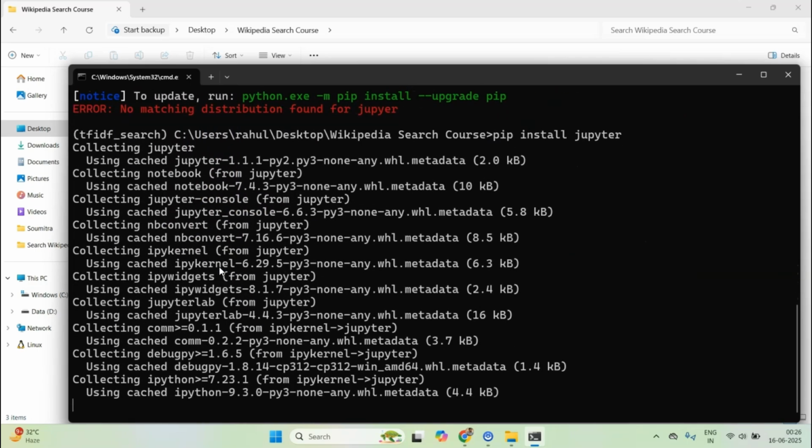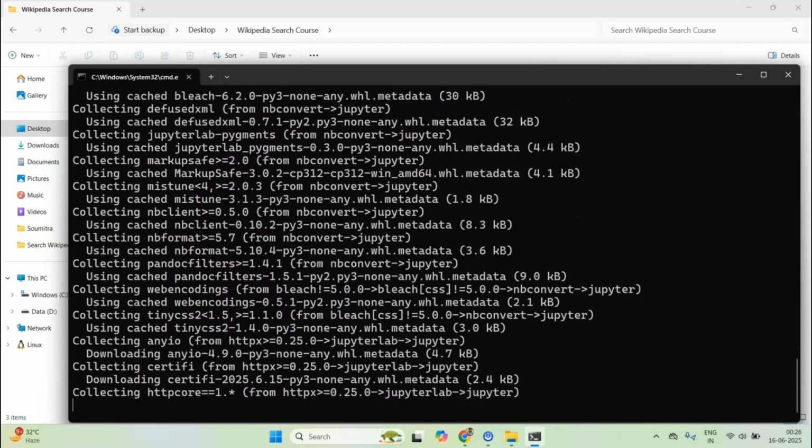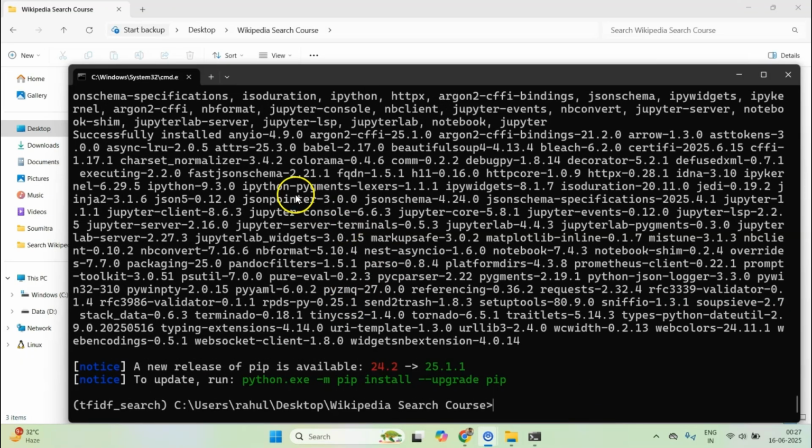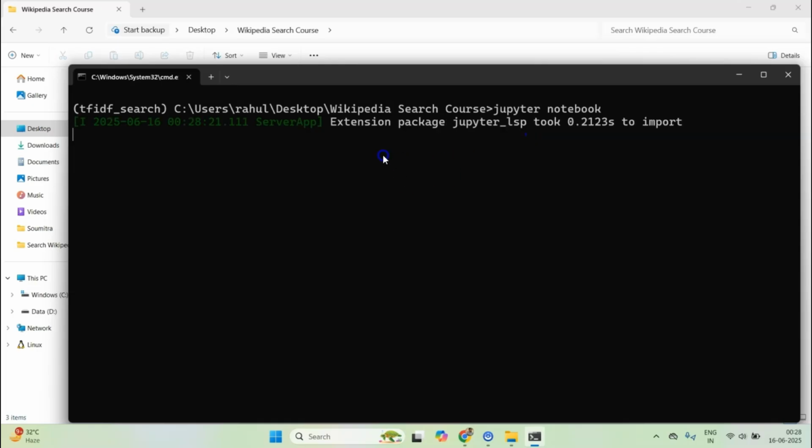I should already be having that, but it is, I guess, updating it. Let it install for some time. Okay, so Jupyter has already been installed. So now we can open Jupyter Notebook. You are free to code whatever way you like. I will be building the model using Jupyter and then saving it using Jupyter. And then after we have the model built, we will be using Visual Studio Code to build the Flask app. Okay, so let's open Jupyter Notebook, and it should open in our Google Chrome in this folder.